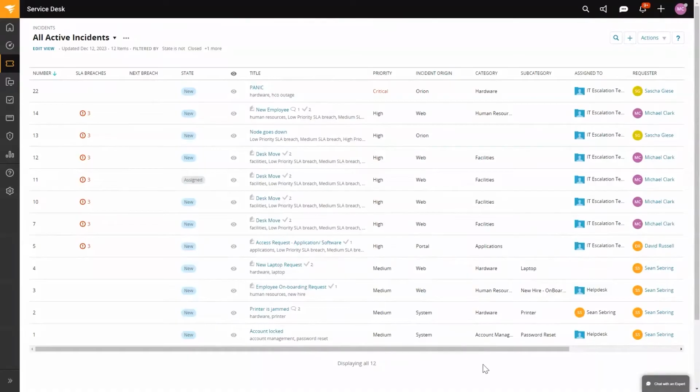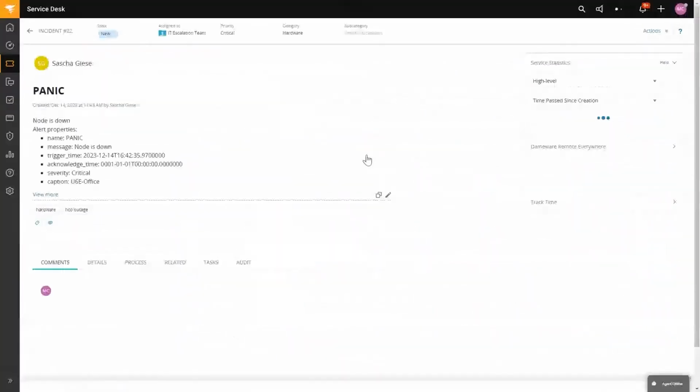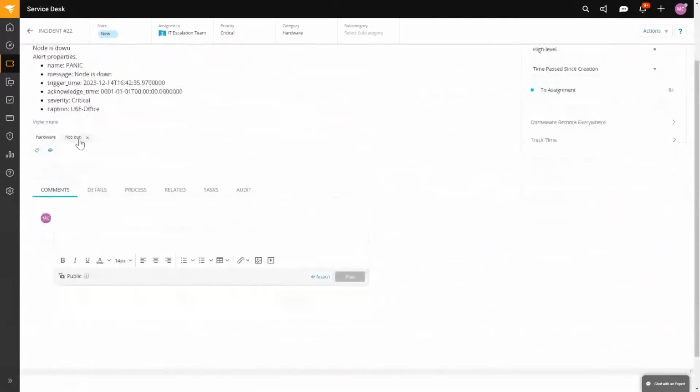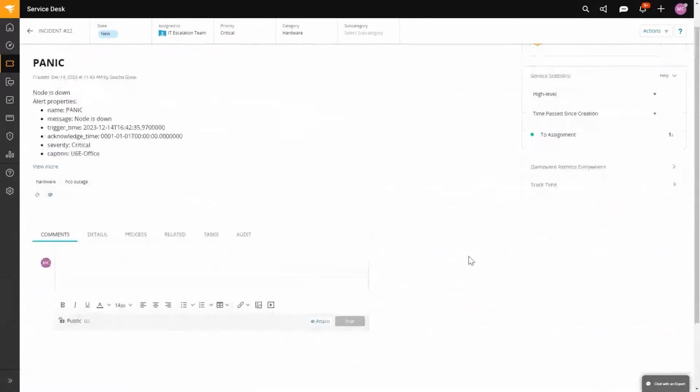And from looking at your screen, it looks good. It does. So we have the behavior that we set up in the automation rule. It's been assigned to the IT escalation team. It's categorized. It's got the priority of critical. And then it's added this tag that I'll be able to show you in the dashboard how we can leverage to do some reporting for an at-a-glance view of what's happening in the organization.